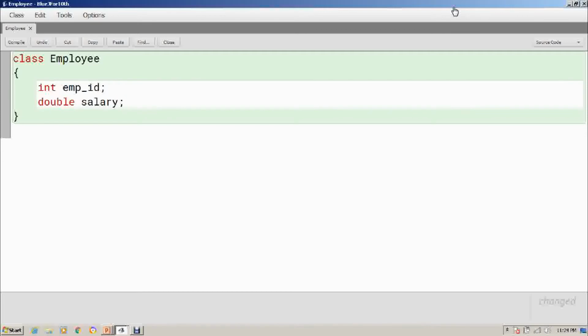Now out of these two characteristics, one will be treated as what? Identity. Yes, one of them will be treated as identity. Identity should be unique with every object. Now we know there can be more than one employee having the same salary, but all the employees working in the organization will have a different employee ID, a unique employee ID. That's why here this employee ID will be treated as the identity of the employee object.